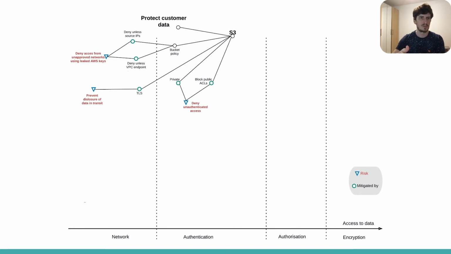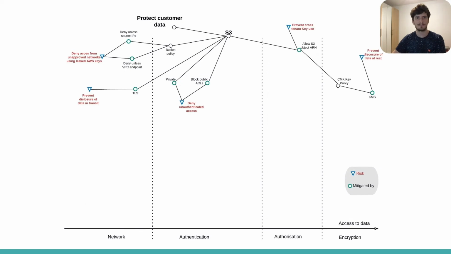TLS encryption, on the other hand, prevents disclosure of data in transit. And then once you enable KMS integration with S3, you prevent disclosure of data at rest, and it can be quite detailed in the KMS key policy and whitelist only particular object ARNs. That, for example, helps with preventing a key from being reused across different customer data, for situations when you need different customer data to be encrypted with